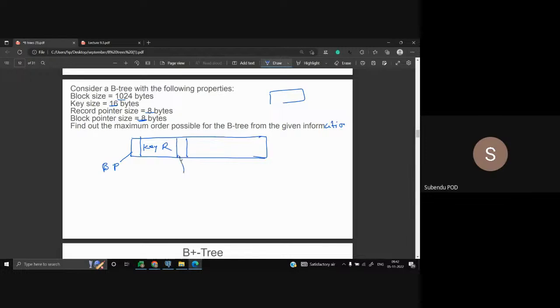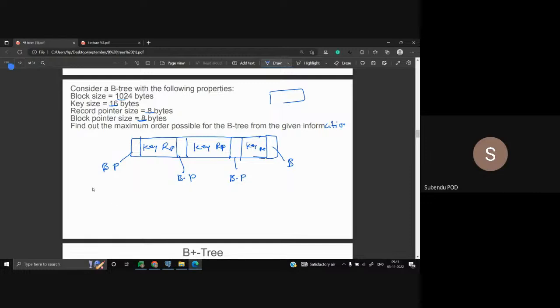Then the next block pointer, then the key and the record pointer, RP, like that. Then the key and record pointer again, and finally a block pointer, right? So if it is a p order tree,